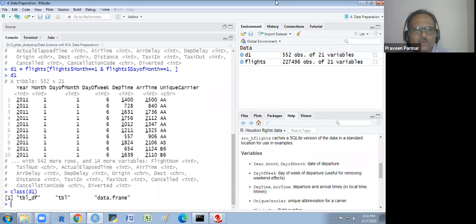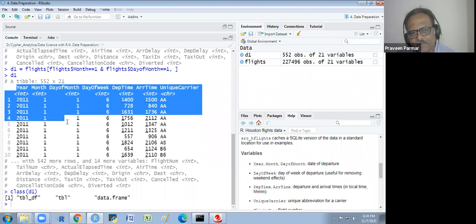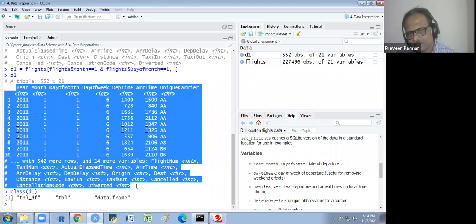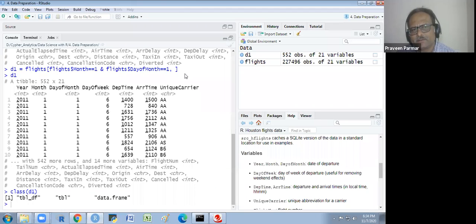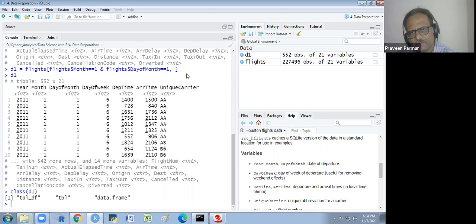Don't bother about it. If I just write D1 with a plain data frame, it will print so many things. In the table, it just gives me a glimpse of this, so I could understand the thing. Got it? If we write the data frame, then 542 more rows will show.